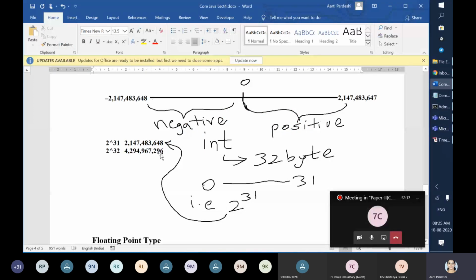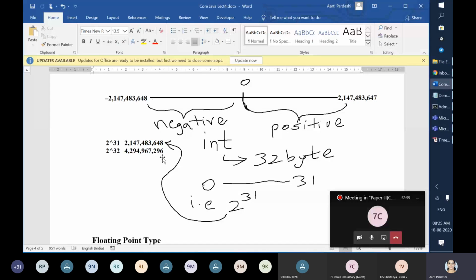4,294,967,295. It will not be 296, it will be 295, because starting from 0 and all positive values, we are not dividing this range into negative and positive values. We are starting with 0, so the values accepted will be doubled. Instead of 2 it will be 4, and the rest of the digits follow. But as we are starting with 0, we get one value less. That's why the allowed value will be 295 instead of 296.